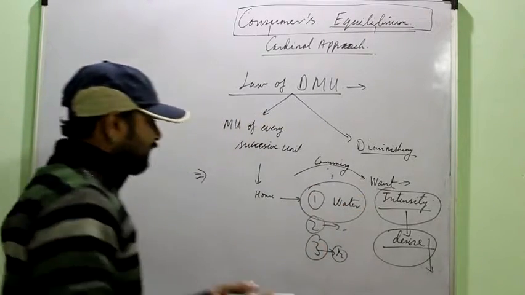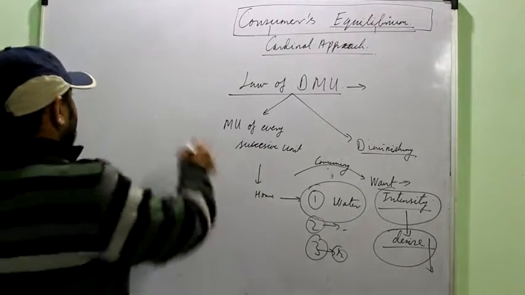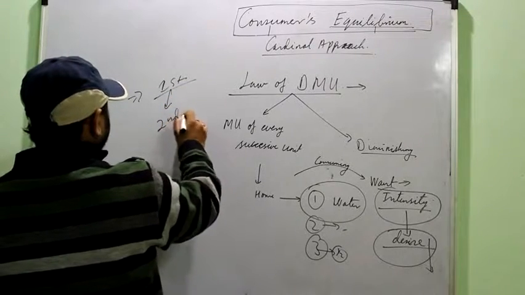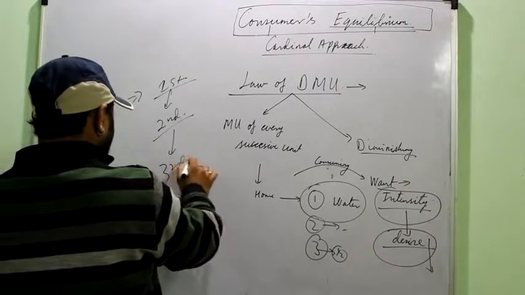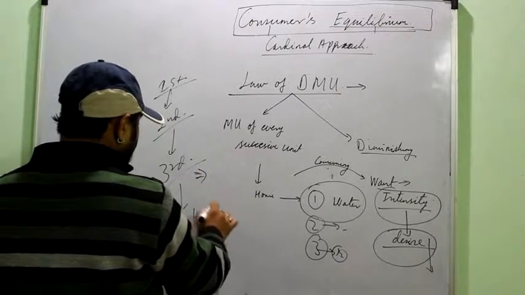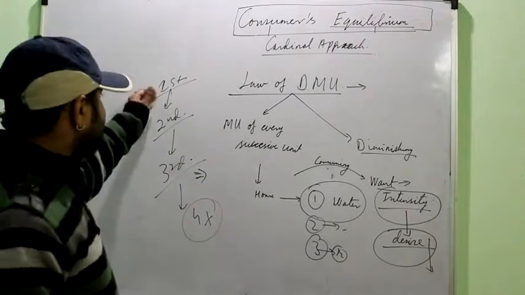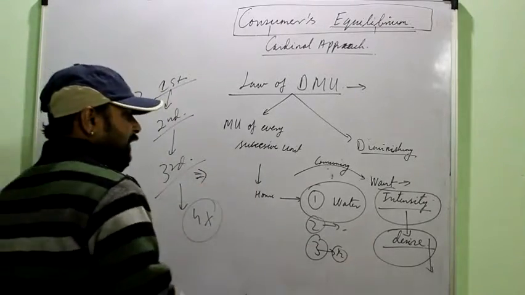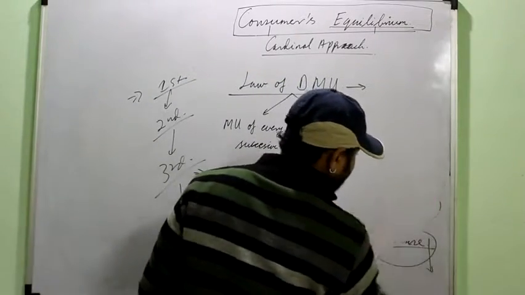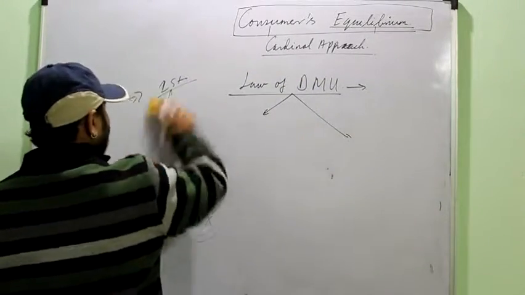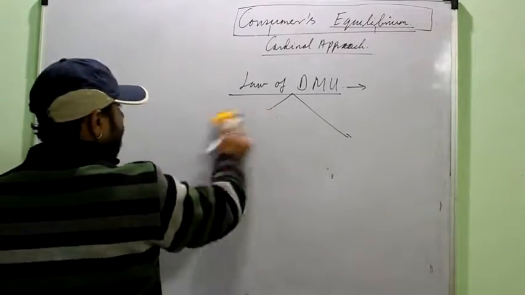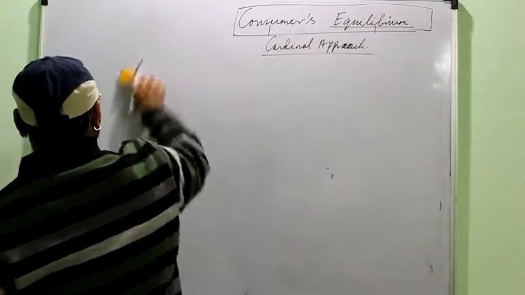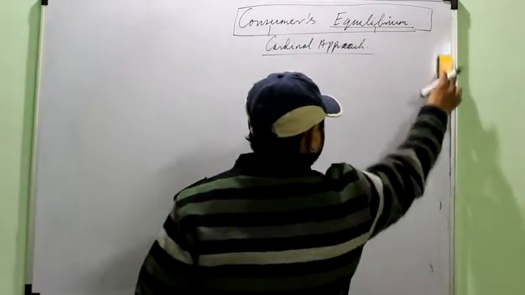That is the reason the first unit consumed of any commodity would give you the maximum satisfaction. For example, say you like pizzas. So maybe when you consume the first unit of pizza, you like it and you agree for the second unit. Maybe for the third too, you love it. But at a point, you would say no to it because the intensity of that particular want is decreasing, and it is for all the commodities. This is a universal law applicable to consumption of all the commodities. So if you have to define what this law states, you have to mention that the law of diminishing marginal utility, or the law of DMU, states that the marginal utility of every successive unit goes on diminishing.